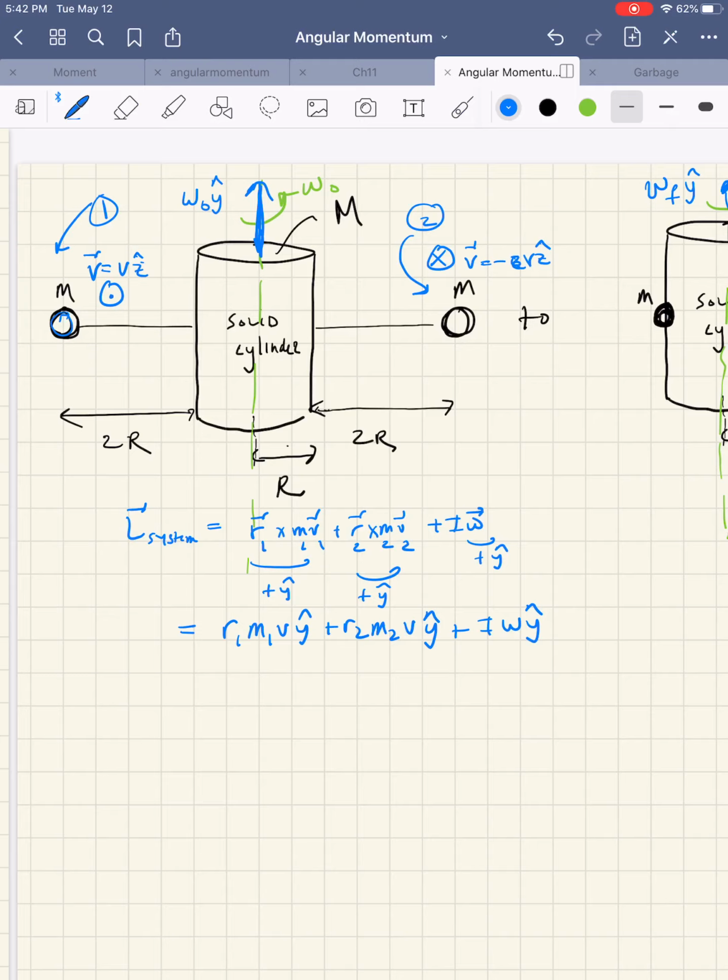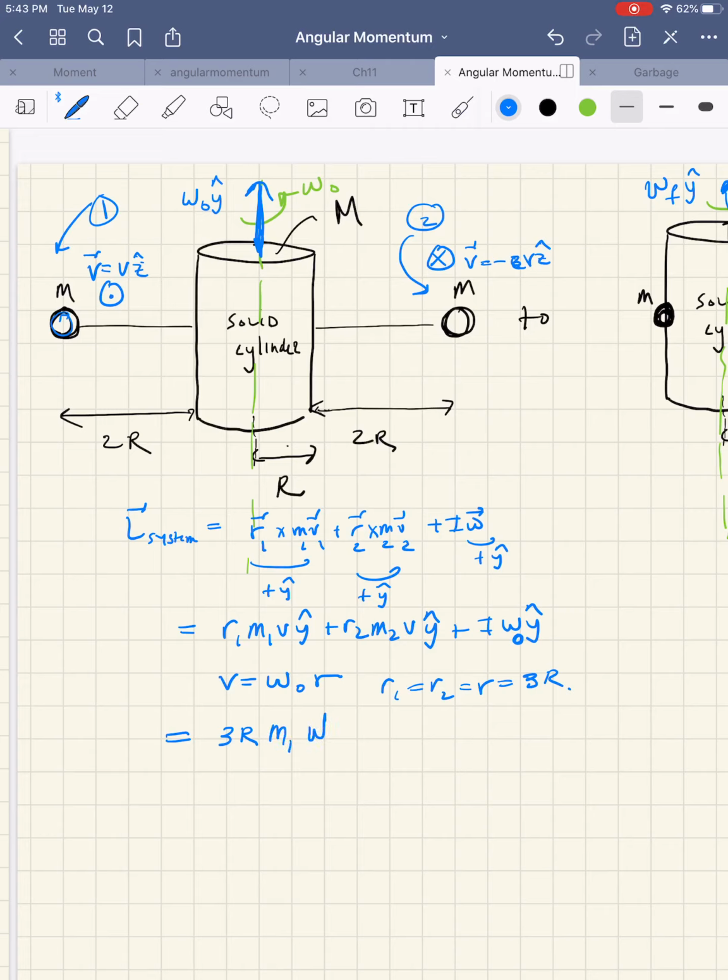I should be writing in omega naught here, so let me do that. And I'm going to go ahead and replace my V's with omega naught times R, the distance away from the axis of rotation. So this R1 is what I'm talking about here. That's how far I am away from the axis of rotation. Same with this R2. They're the same for both of them. R1 equals R2, which equals this R. In fact, my R1 is 3 times R away. So all of these have a 3R,